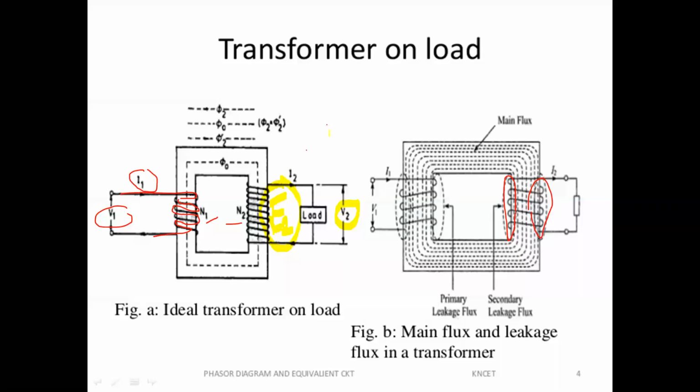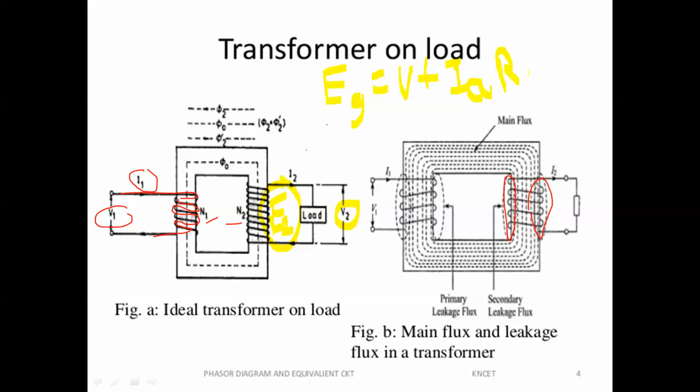E2 is the source, similar to a DC generator. In a DC generator equation, we know that the generated EMF Eg equals V plus Ia Ra, where Ia Ra means armature current into armature resistance. But here we draw the secondary voltage E2. E2 equals the terminal voltage on the secondary side, that is V2, plus I2, the secondary current,